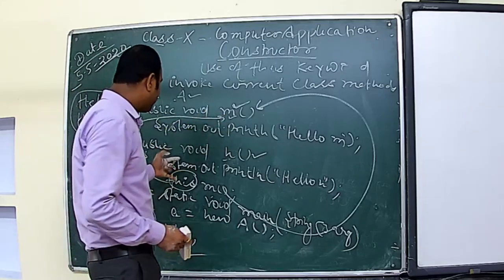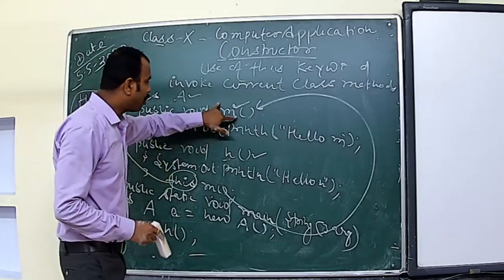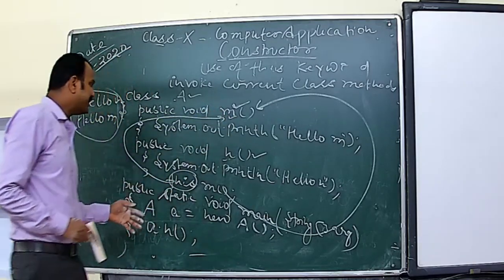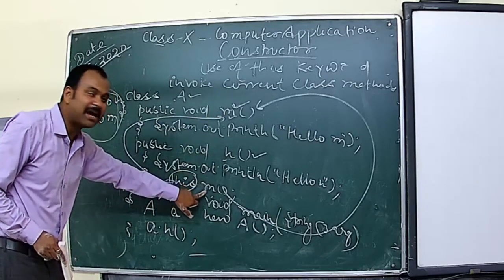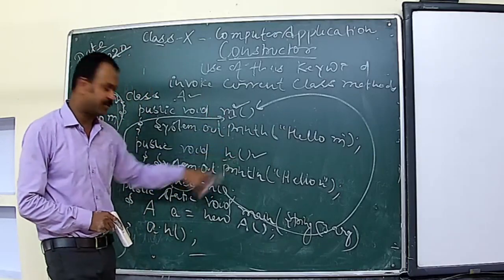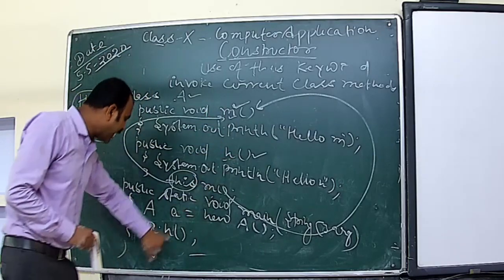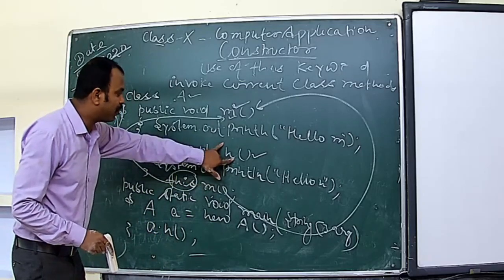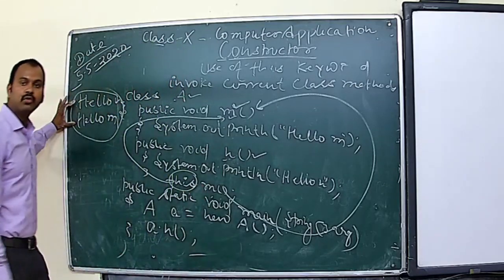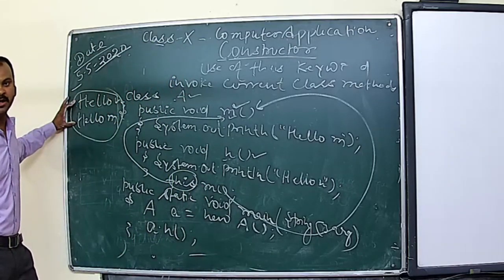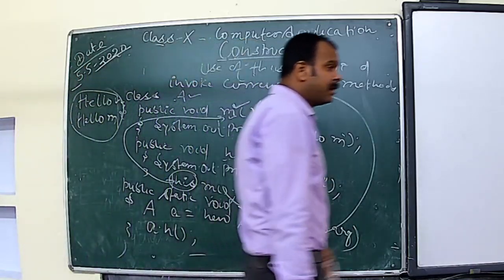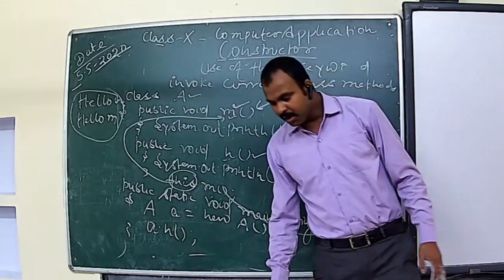Earlier, without the this keyword, how did we call it? We called it separately, A.M and then A.N. Here, since we have already called M in the N function using the this keyword, I don't need to call M here once again. When I call N, this.M will also execute and this would be your answer. Clear? So this is how to invoke a current class method using the this keyword.